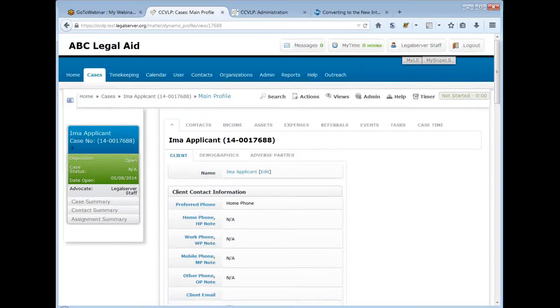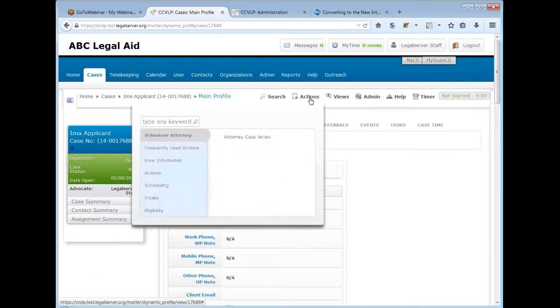The other big change we made is we took all of those links that used to appear on the side, and we put those up here in the Actions menu. If I float my mouse cursor over the Actions menu, you can see that we have several different categories over here on the left. Each of these relate to elements that we dragged from the side over and down into the Actions menu. So Actions, for example,